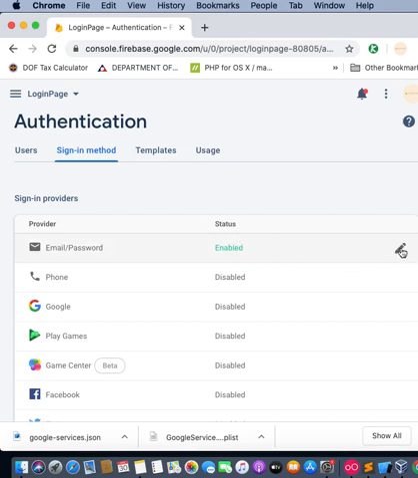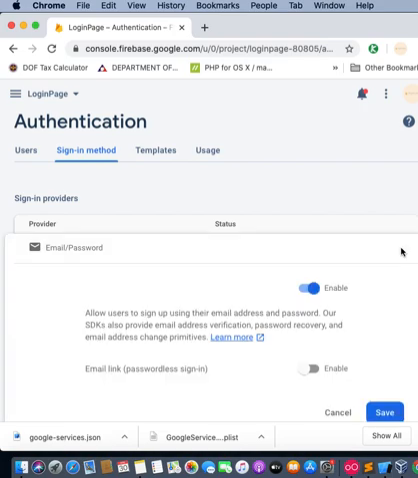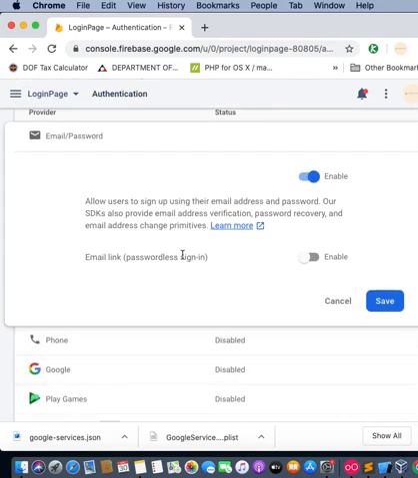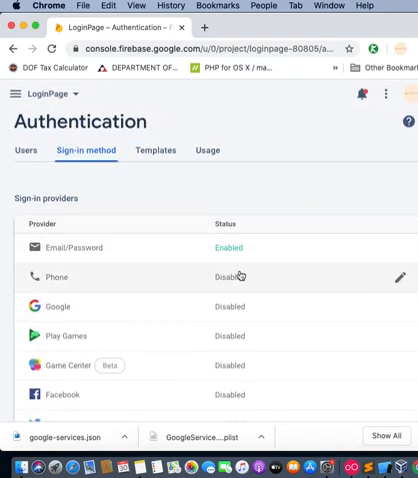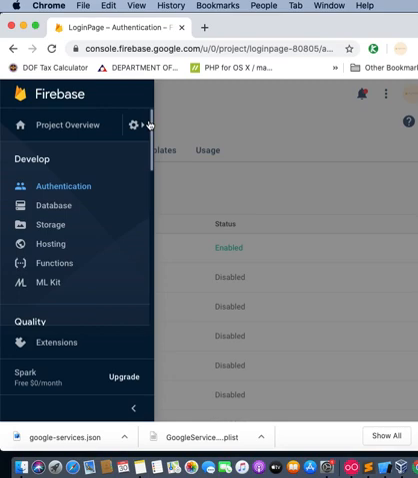You just need to click the pencil icon and enable it, and disable the passwordless sign-in, since we are going to have a verification looking forward. We just need to enable it and click save, and it will turn to enabled status. So once you're done with